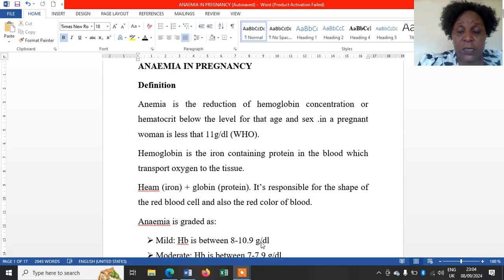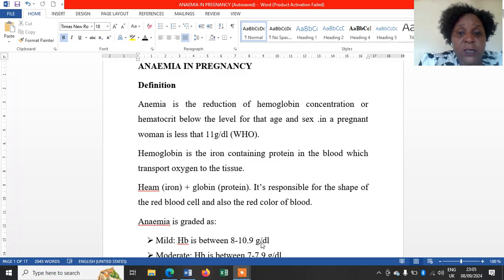Anemia has been noted to be one of the major causes of a problem in pregnant women, not only in Africa but globally. Pregnant women are always faced with the problem of anemia, and therefore it should be taken note of when managing a pregnant mother, to ascertain the level or the degree of anemia and manage this mother accordingly.